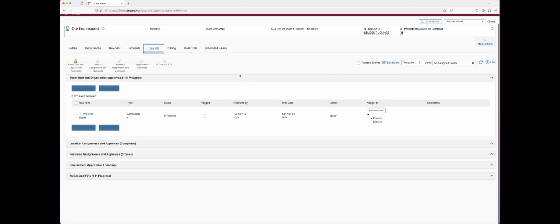As mentioned before, a task list is all of the tasks associated with an event. An event goes through a tiered workflow. First, you look at the event type to see if there are any assignments or responsibilities based on the event type itself, the organization that's selected, the location, any resources that are requested, any requirements. In this particular case, if we